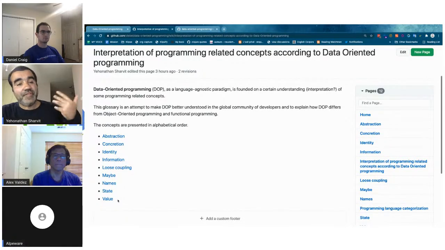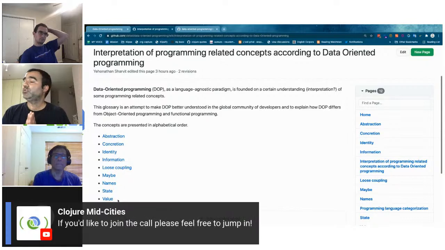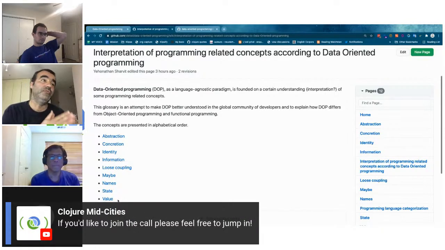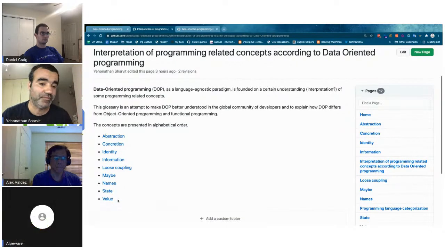And the definition of the concept, or I should say, the interpretation of those concepts by data-oriented programming. When you understand those concepts, you are, let's say, half convinced that data-oriented programming is beneficial. So we could start either from here or from there.